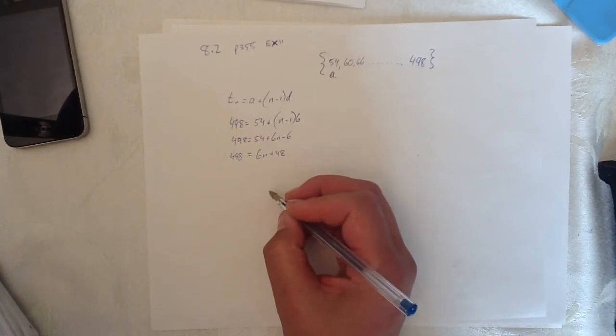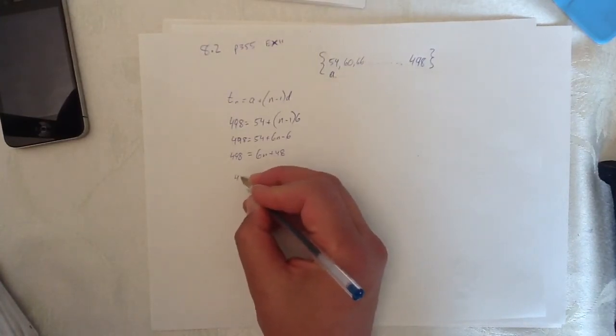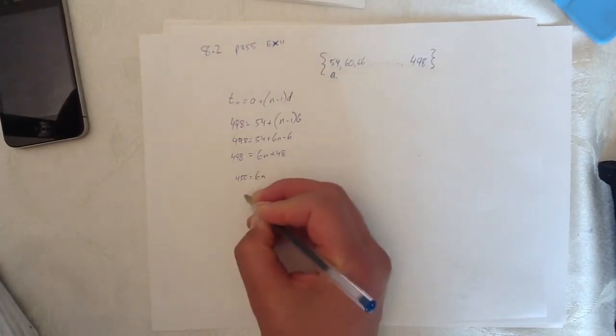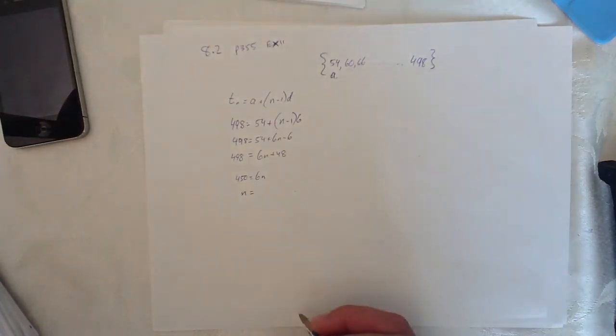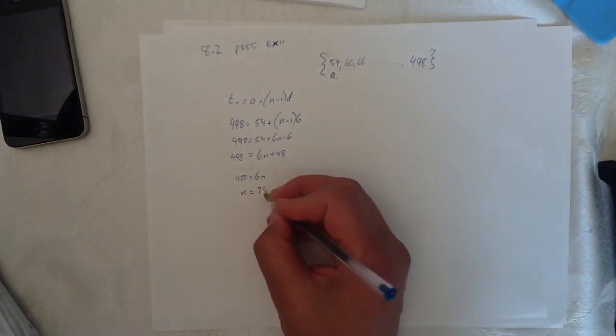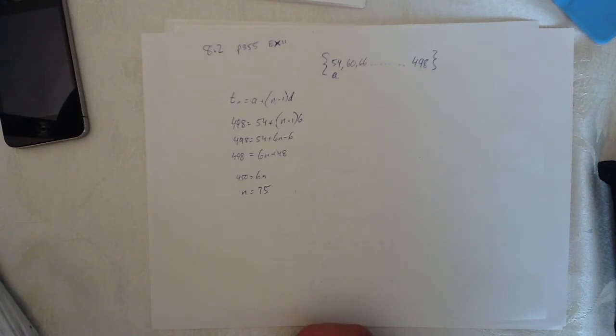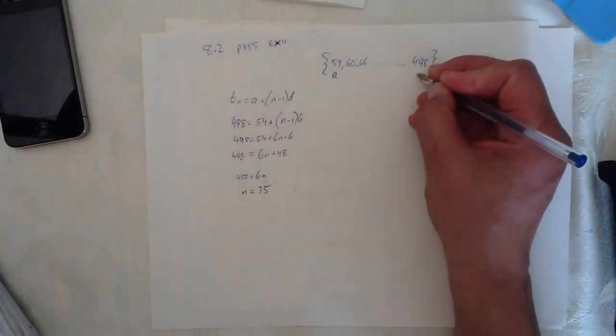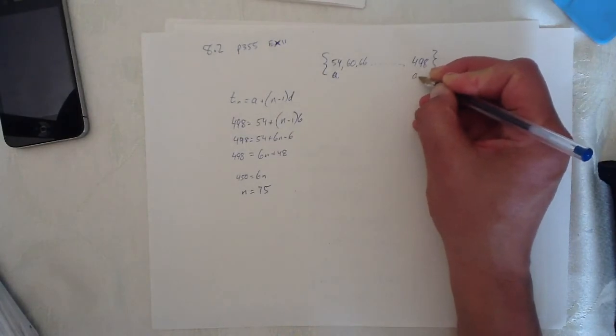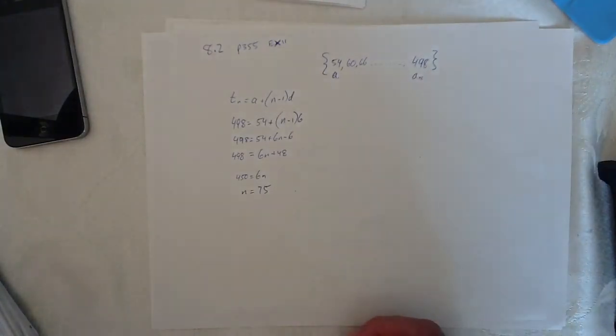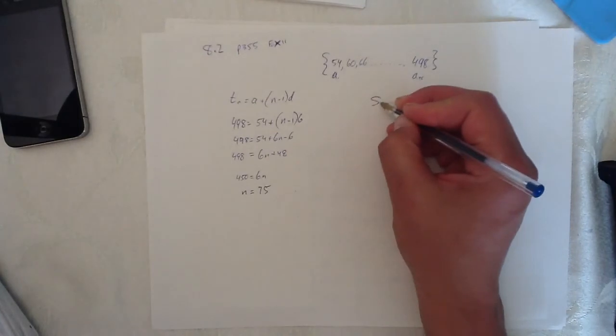498. So we take 48 off both sides, 450 equals 6n, and n therefore equals 75. Is that right? Yes, indeed. So n equals 75. So this is number 75. And given that, we can use this formula